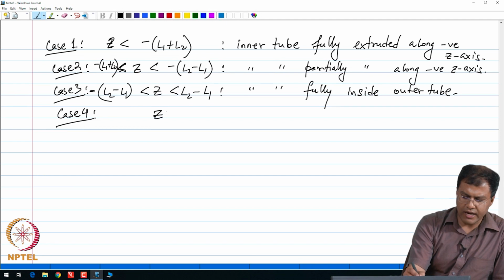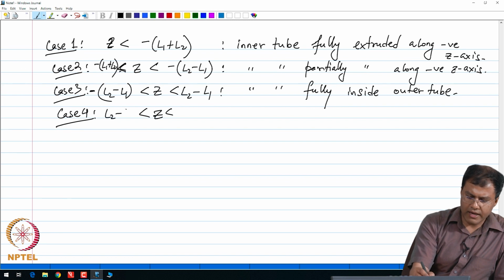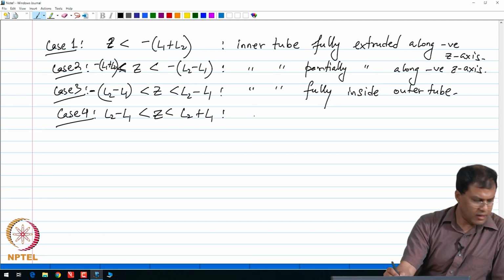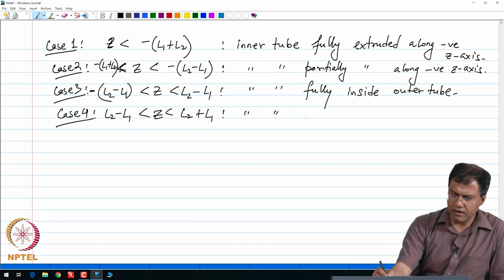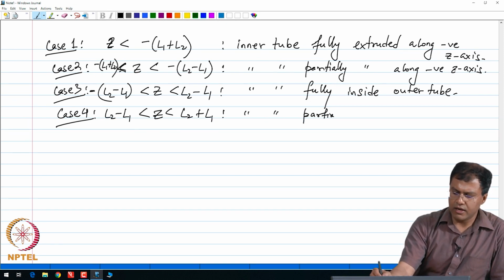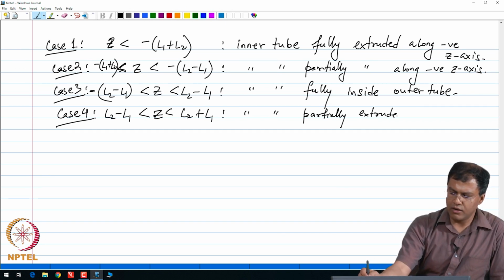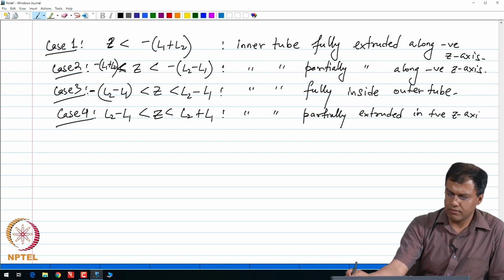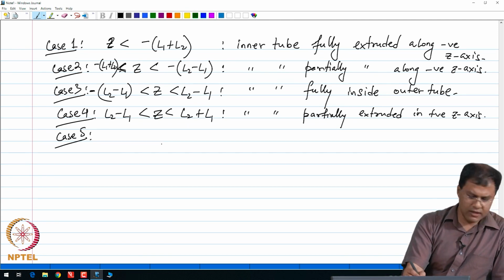Which means that z is from L2 minus L1 to L2 plus L1, and this is where the inner tube is partially extruded in the positive z axis. Okay. And then the fifth case is that z is bigger than L2 plus L1,